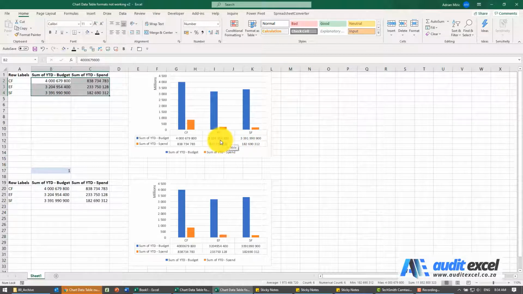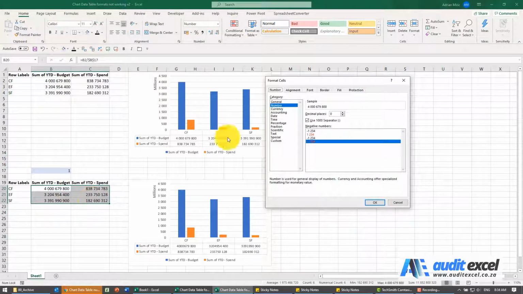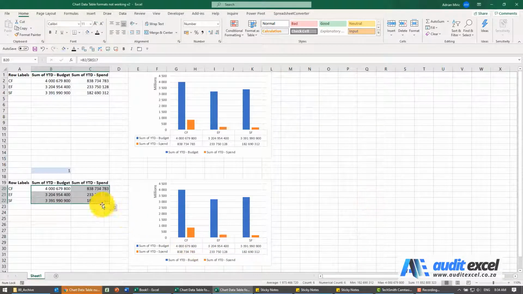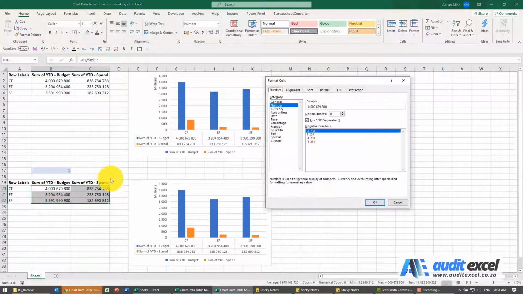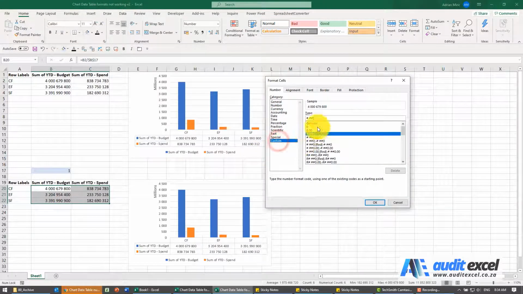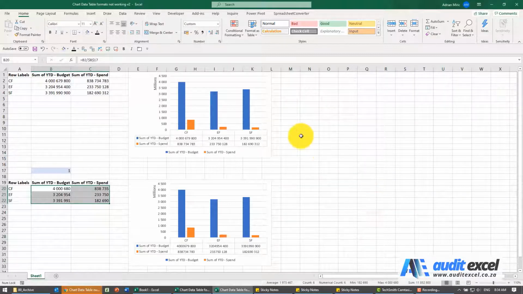looks a bit better. The problem is if I want to show these in thousands, but I'm going to do it by custom formatting. So over here somewhere, I'm going to go into my format cells. And even if I use the correct ones, you'll see that's looking good. I'm going to go and format again. I'm going to customize it. I'm going to turn it into thousands by putting a space at the end there. When I say OK, you'll see it reverts to this format where it doesn't actually split it and still shows